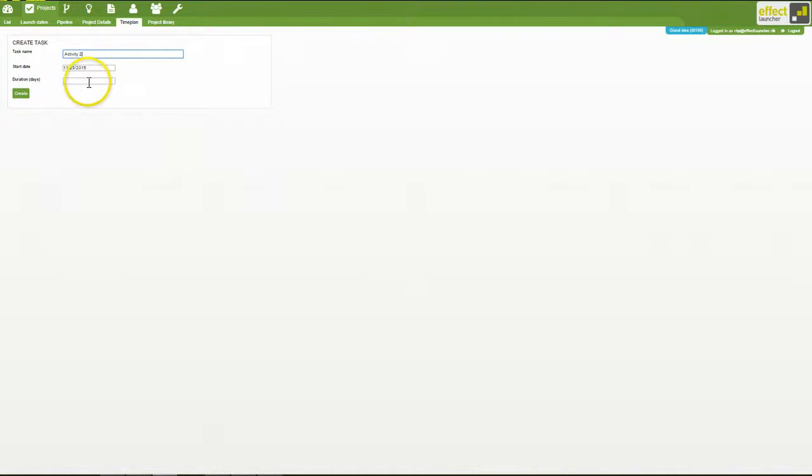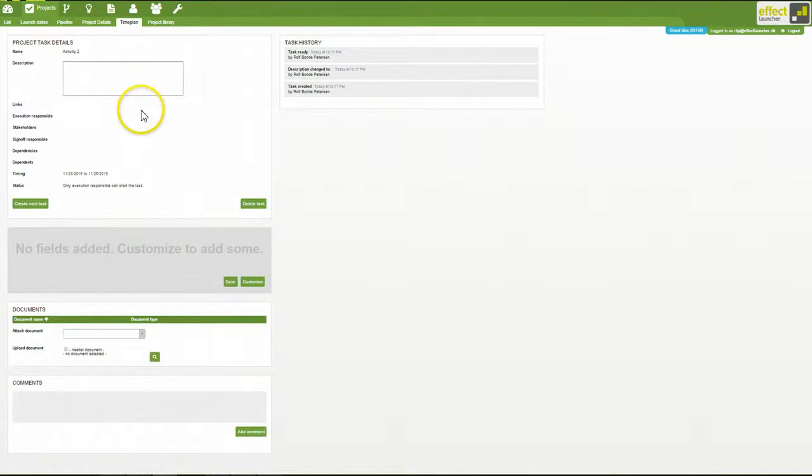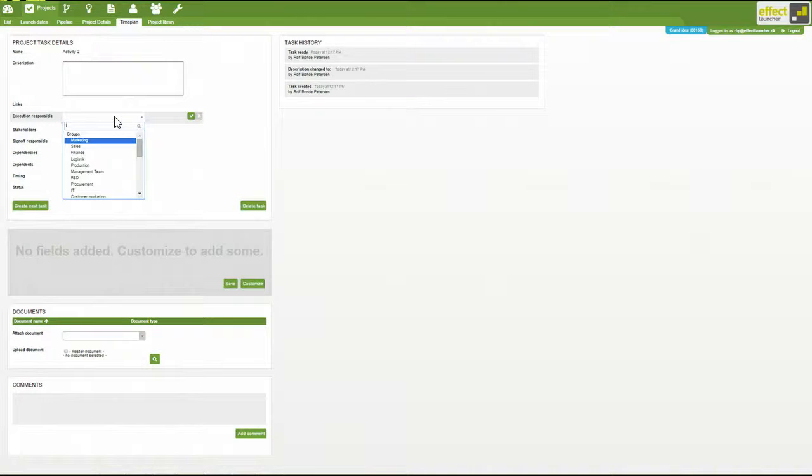Desired start date, and add the duration of the activity, press create. Ask it to either integrate it into the other activities in the time plan or just place it where it is. Again, you can go in and describe the activity, allocate responsibility,